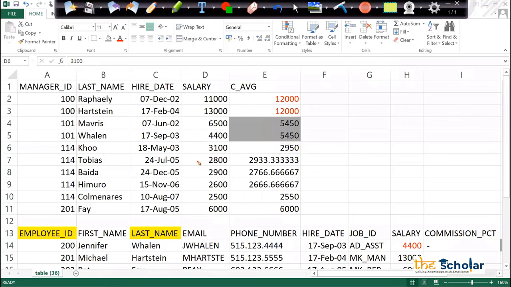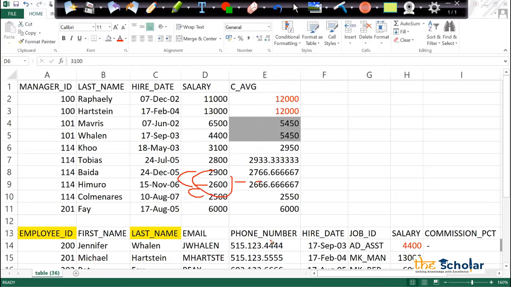Once I go to the next line, it will take the previous row, one preceding and one following. Now we'll sum up and take the average. It should be 2933. Then the next row, one preceding, one following, sum up, take the average, it should be 2766.6. Same way, next row, one preceding, one following, sum up, 2666 should be there once you take the average.